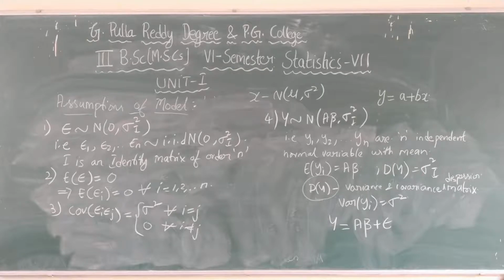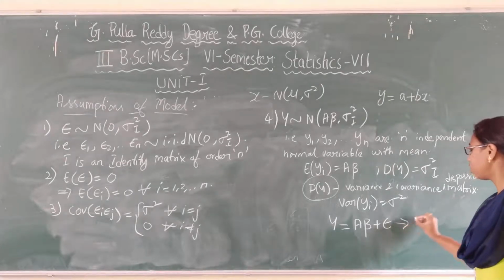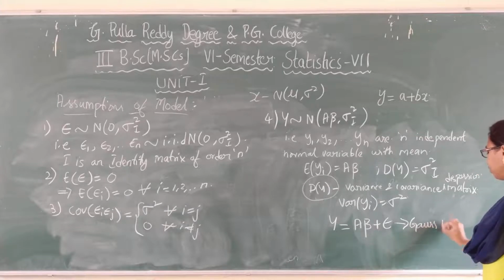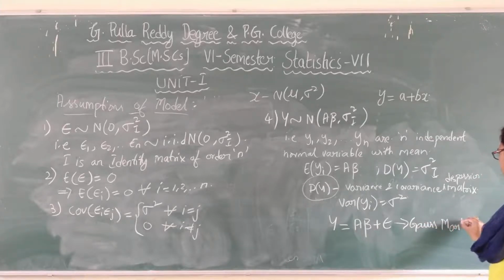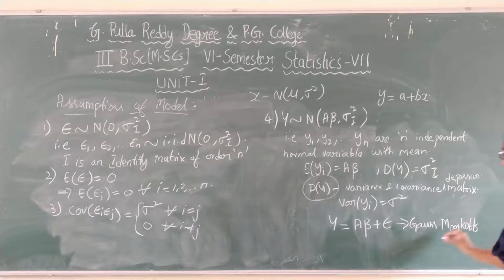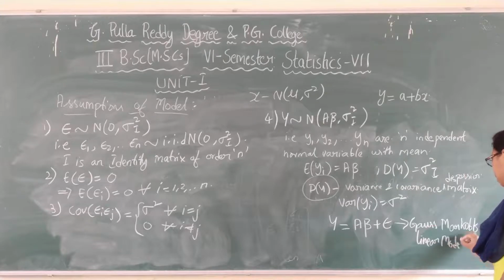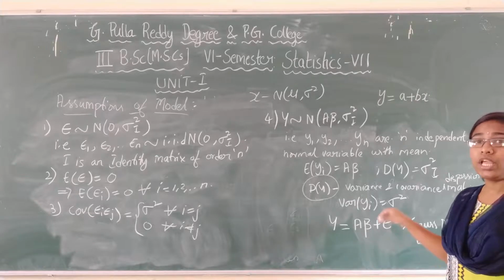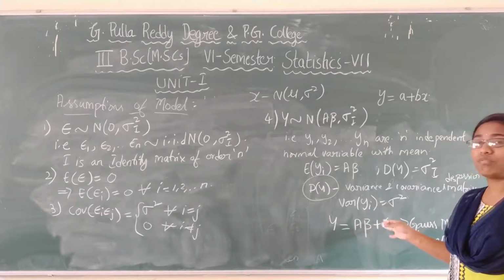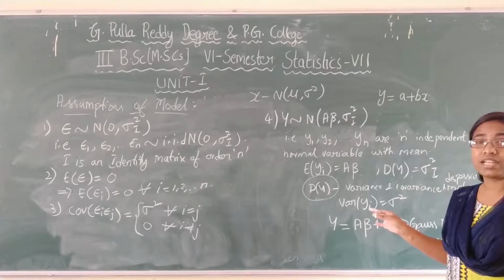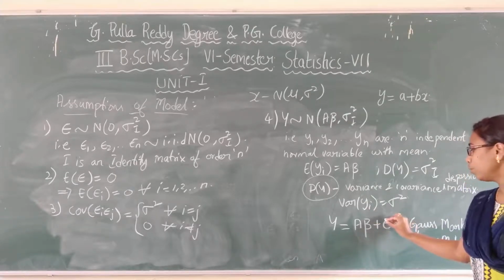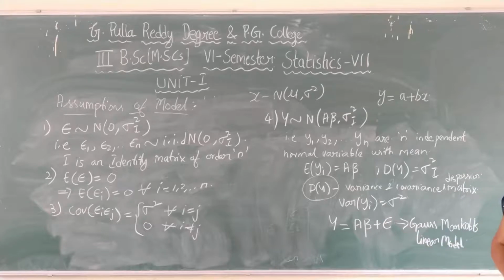epsilon is known as the Gauss-Markov linear model. Gauss-Markov linear model. So if you remember straight line regression, then you can remember this model also. This y equals to Xβ plus epsilon. Here all the values we are having in terms of vectors, random vectors, that is matrix forms, and one more term we will be learning about here, the error vector. So this is about the Gauss-Markov linear model and its assumptions.